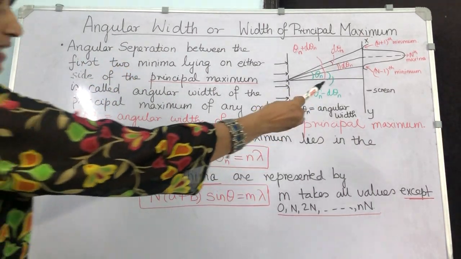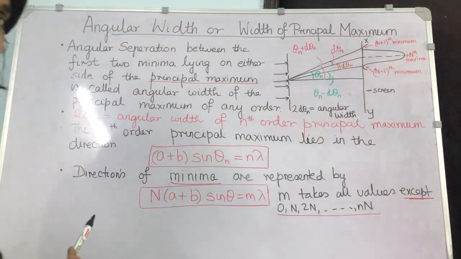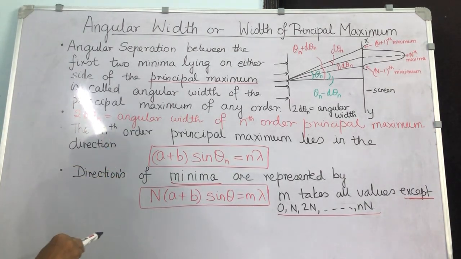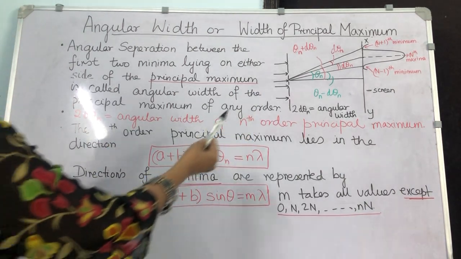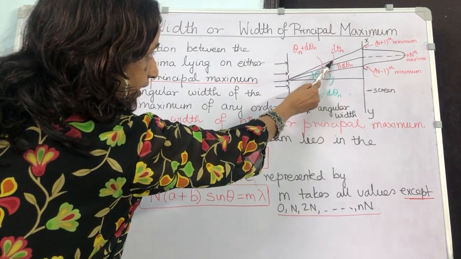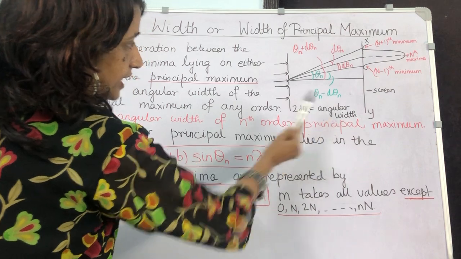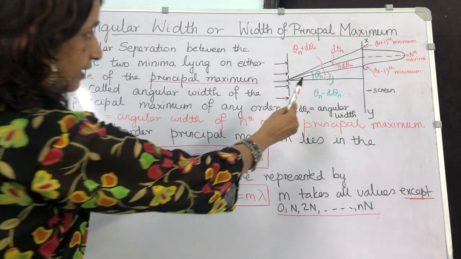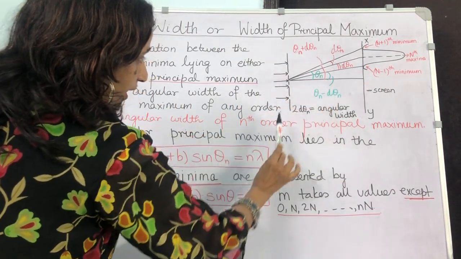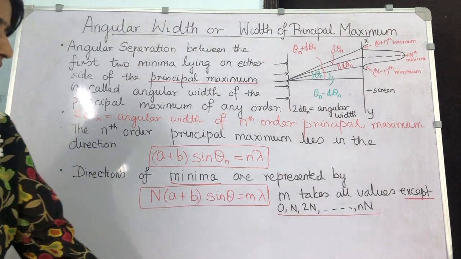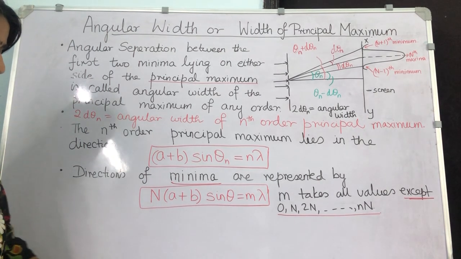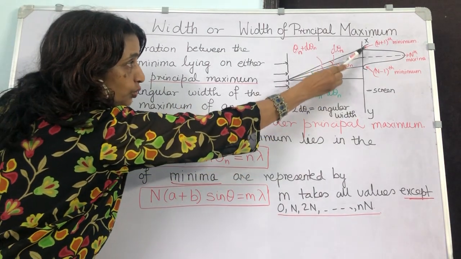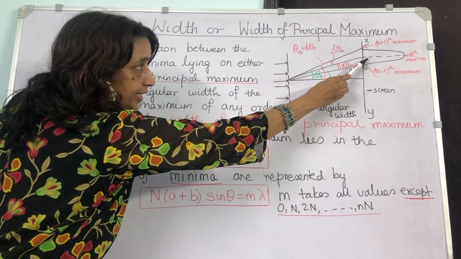This pattern consists of a central maxima followed by secondary maxima and minima. In today's lecture we are basically going to find this angular width, 2dθ, which we see in this diagram. How are we going to find it out? What is angular separation? It is the angular separation between the first two minima lying on either side